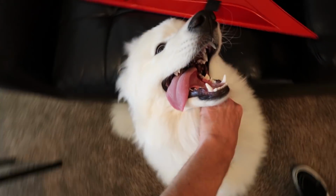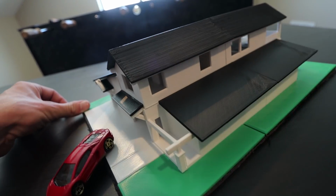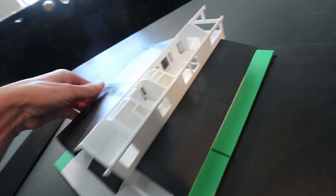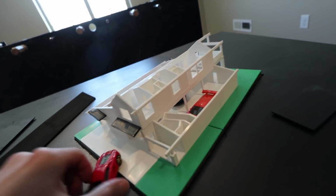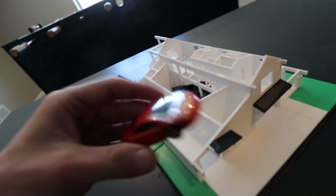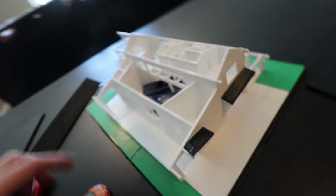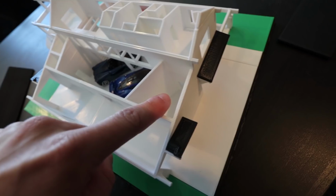You're a good fluff. If you guys are new to the channel, this is the 3D model of my new house build. Now, construction obviously has not started. To give you the quick synopsis, the second story is a 2-bedroom apartment, as seen right here, and then the main floor is a garage. We're talking 3,500 square feet of garage space. Now, these cars are not to scale. They're a lot bigger. I can fit about 13 cars between this garage and the main garage, and then this right here would be my